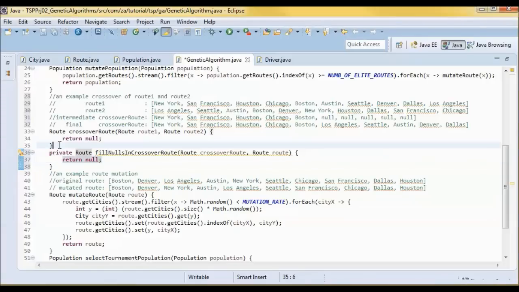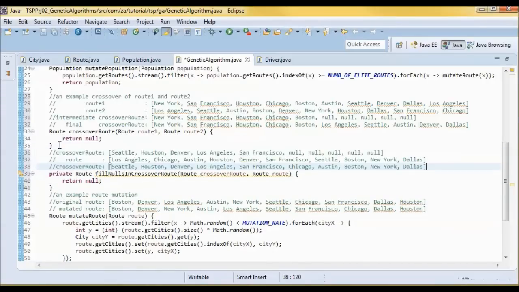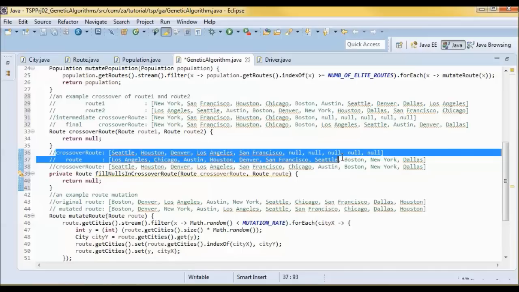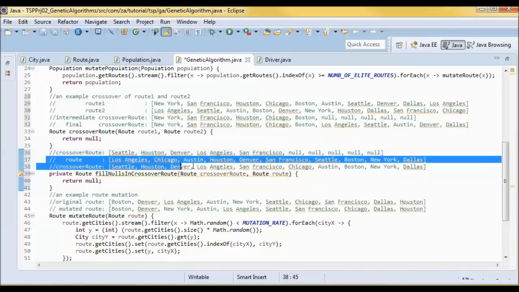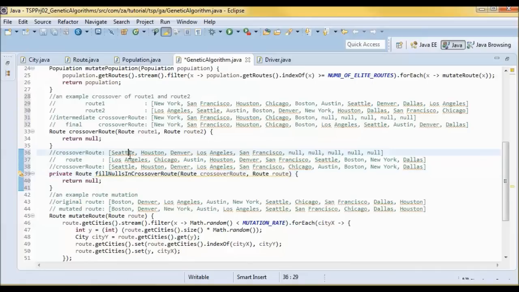And for completeness, an example of what this method does is if we have this crossover route with those nulls, and this route passed in here, we end up with this crossover route.